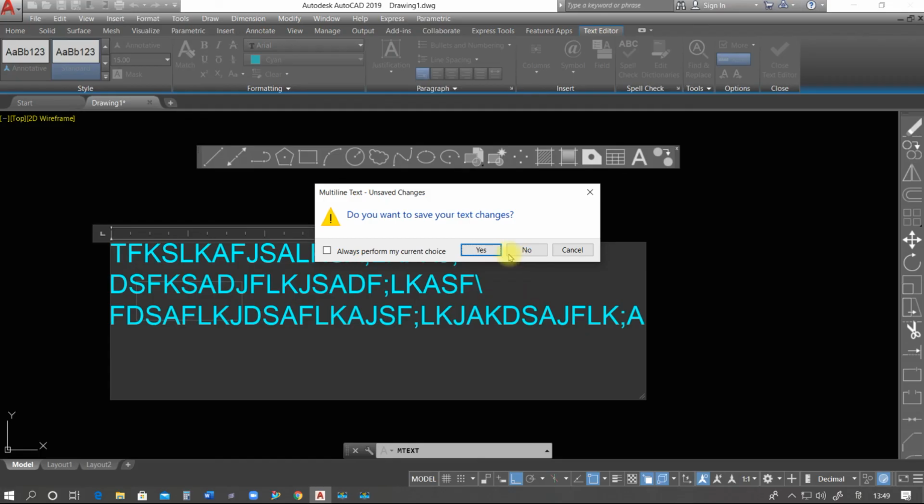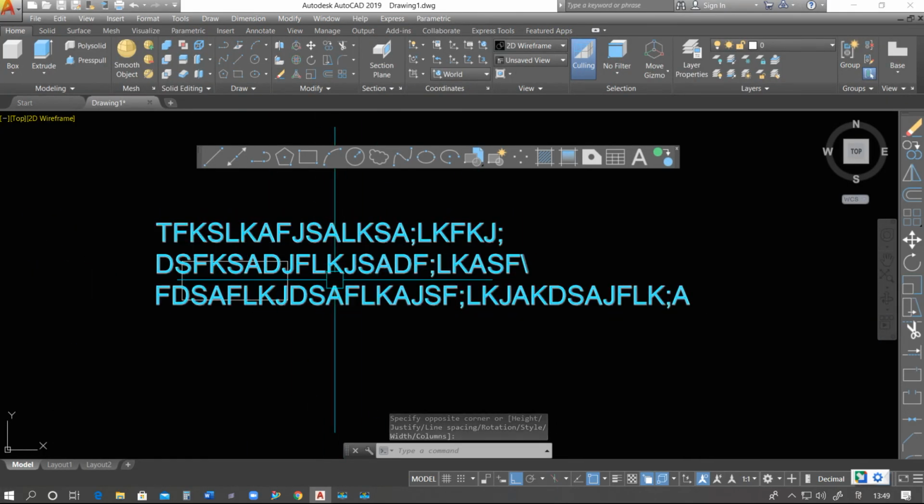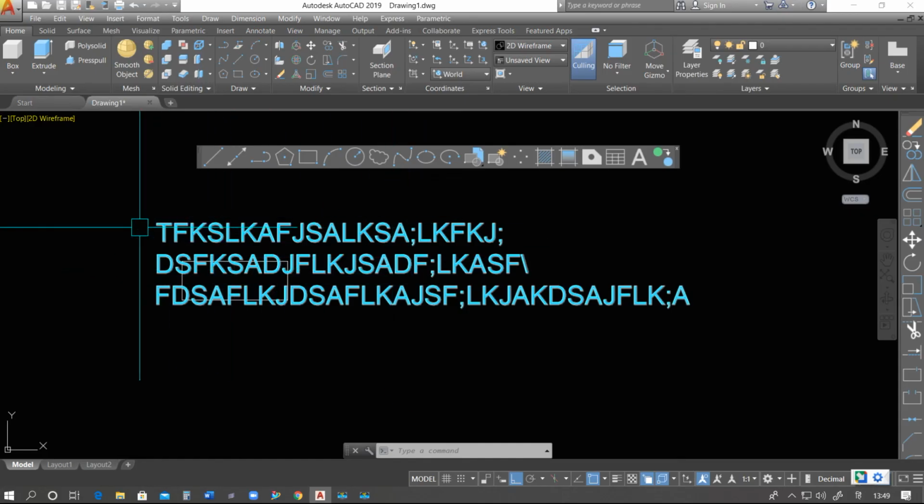Such an option will come to you: you want to save your text or change, so if you want to save this one, you say yes. So this is multi-line text. There was also an option to complete the multi-line text format, check. As we close that one, we automatically exit from the multi-line text command.